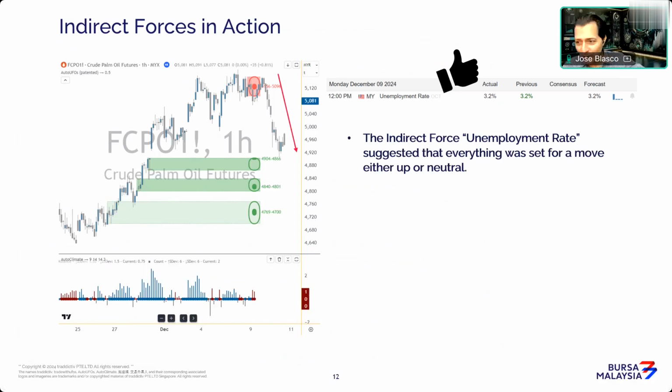You just close a trade with FKLI, and now you open a trade with FCPO, or you were just trading, let's say, Tenaga stock, and you just close the trade and open a trade on Maybank stock, just to pick another example. So it's very, very, very relevant.